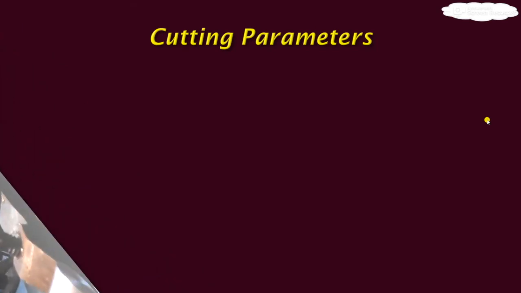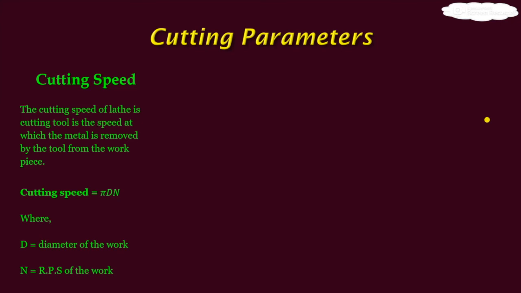Okay, as we have seen the motion, now let's discuss and find out the equations of the cutting parameters. So first is cutting speed, which is the relative velocity between cutting tool and the workpiece. And in the lathe, whatever formula we derive for this cutting speed is not the same for all operations. This depends on the operation. See, in case of this particular operation which is called turning,